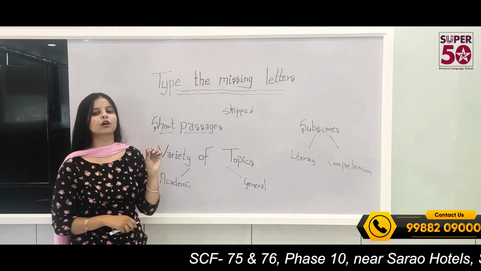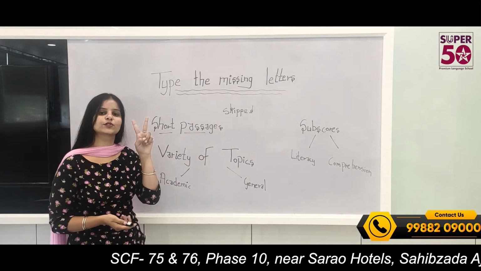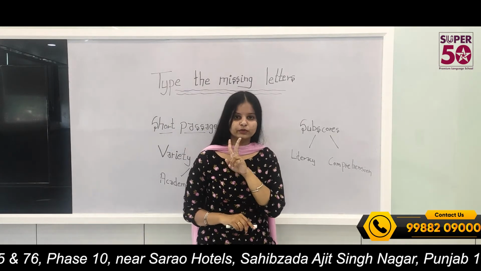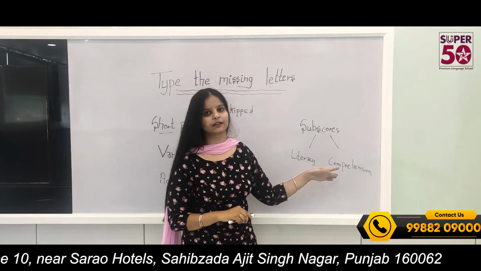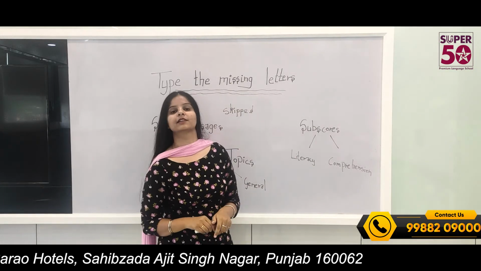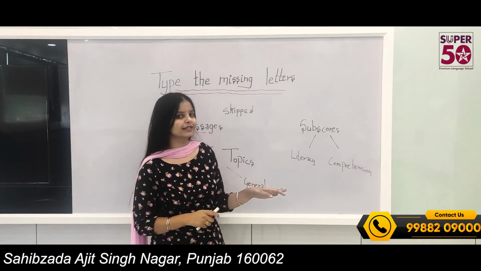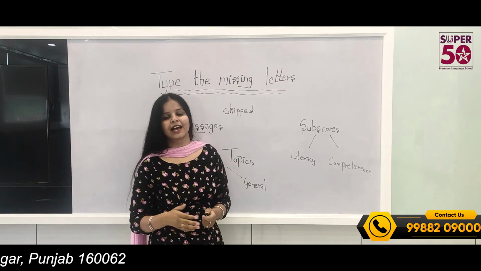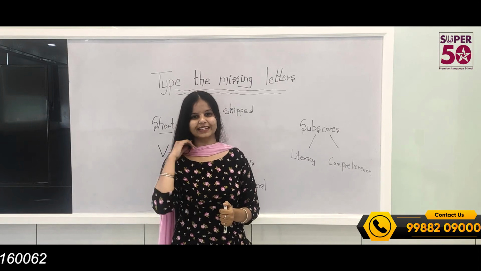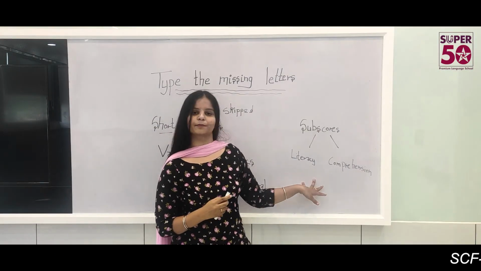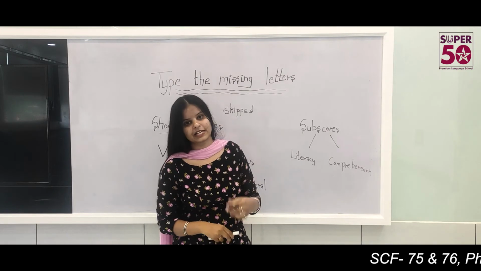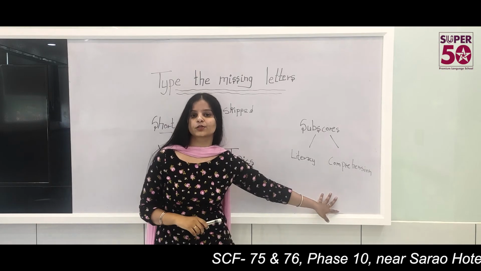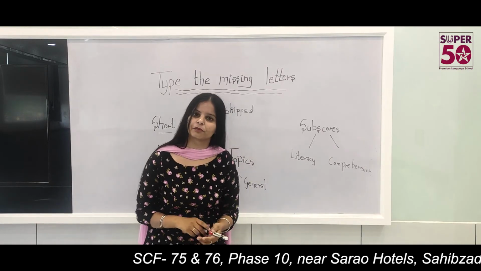As we all know, all the tasks are related with two subscores. So this task is also associated with two subscores, that are literacy and comprehension. If you are good in this, you will get good scores, but if you are lacking in this, then you will get lower band scores. I think nobody wants this. So be careful and practice well your literacy as well as your comprehension, because you will get your scores with these two subscores.